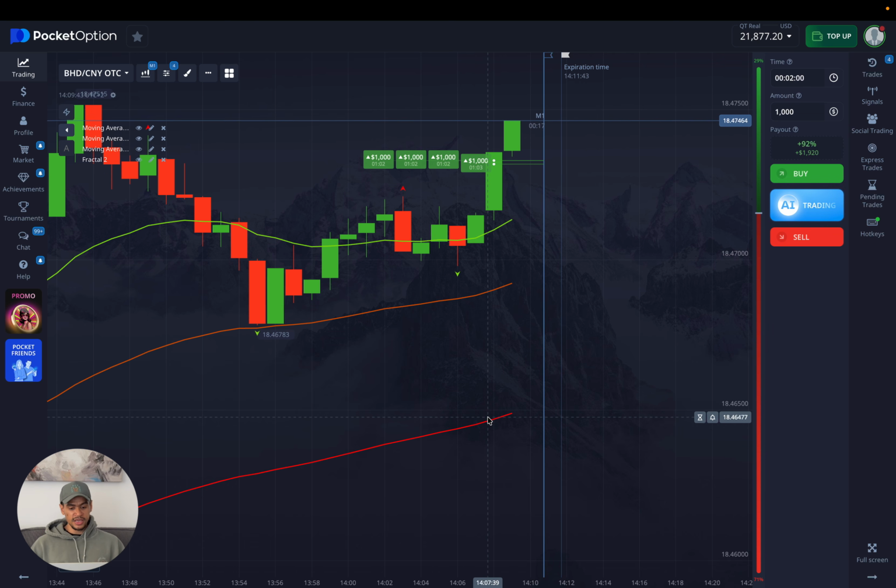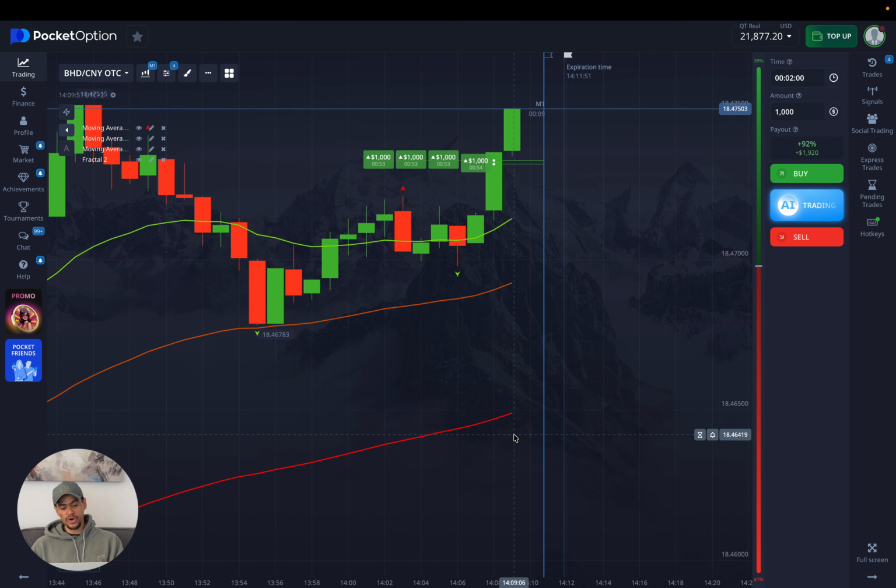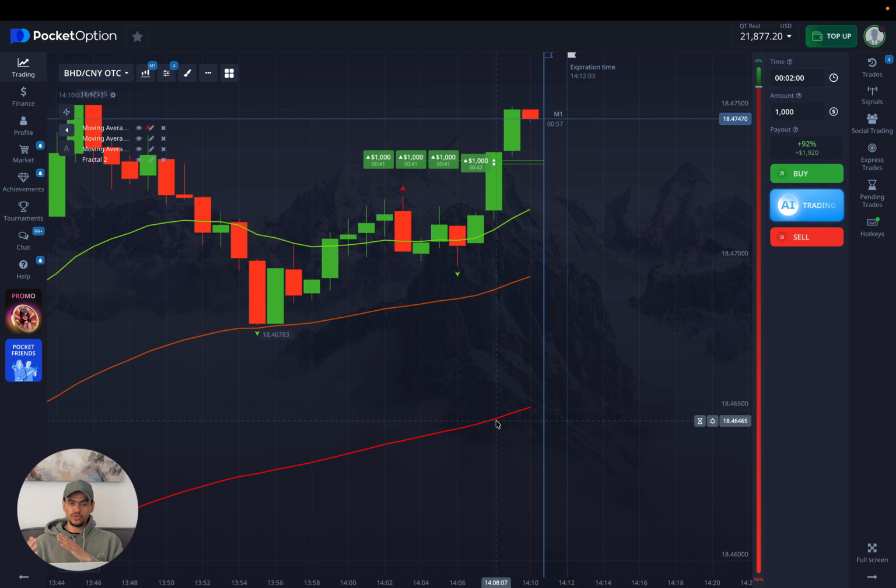And another thing, when you're looking at the chart like this, if the price goes all the way to the 100 EMA and breaks the 100 EMA, this chart is no longer valid for the strategy, and you are no longer going to be taking trades on the chart. That's very simple, and you just go in and find a new chart